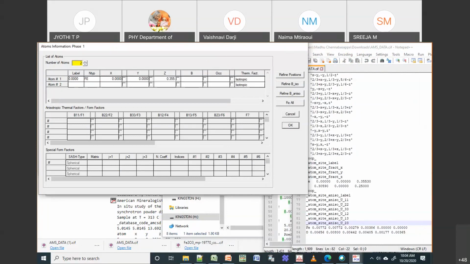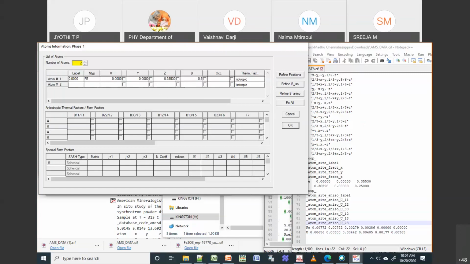0.355. In case of your cubic system, your sodium was sitting in the 000 position, and then your oxygen was sitting in something like 0.5, 0.5, 0.5. But this is not a cubic system. Instead, this is a hexagonal system or tetragonal system or orthorhombic system. In that case, it may not be exactly on the 000 position. It may be somewhere in the middle of your unit cell. So that is the reason your XYZ would be different.